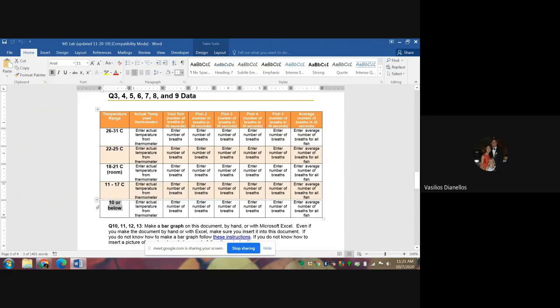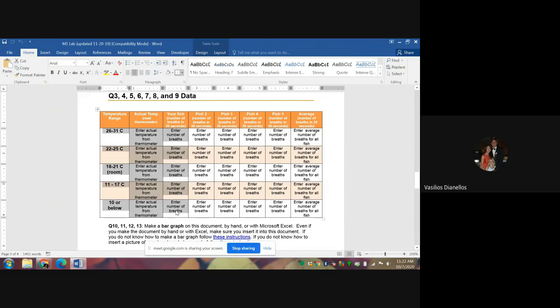So again, you yourself are going to do a virtual experiment with your one fish. And you're going to do 1, 2, 3, 4, 5 experiments with your one fish. And I'm going to show you how to do that here in a second. But after you've done your 5 experiments with your one fish, at that point you will have all this information filled out, right? So you will have the information from your experiments. And after that, the last page of the website gives you the data